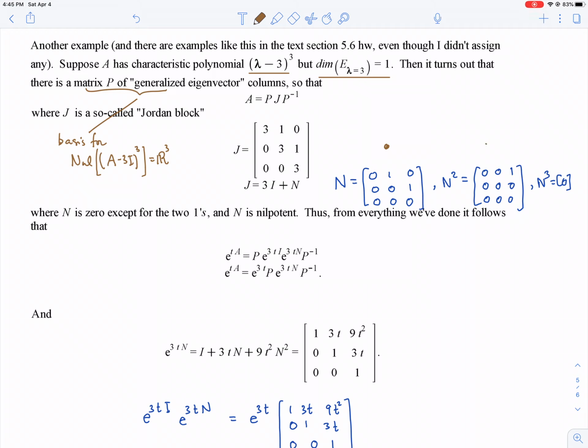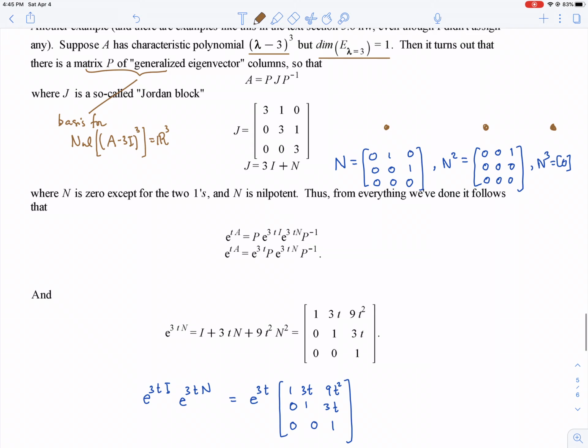And when you compute N squared, the ones drift to the right, and you've just got a 1 left in the upper right-hand corner. And then when you compute N cubed, it's 0. Okay. And the identity matrix, or multiples of it, commute with any matrix. So if A was P J P inverse, then as we saw when we were doing power series and diagonalization, e to the tA